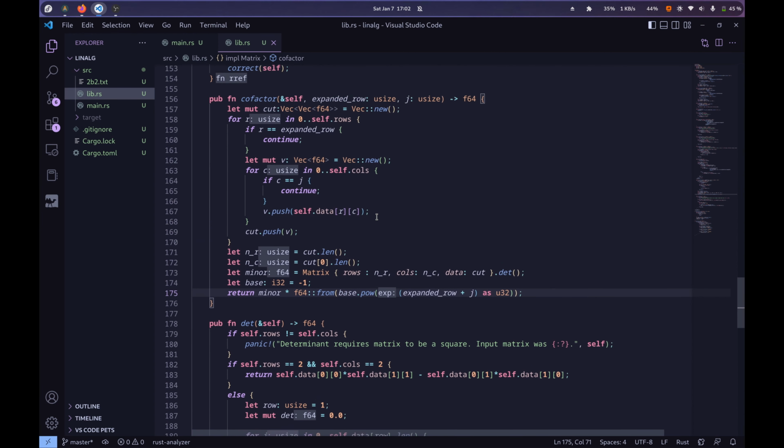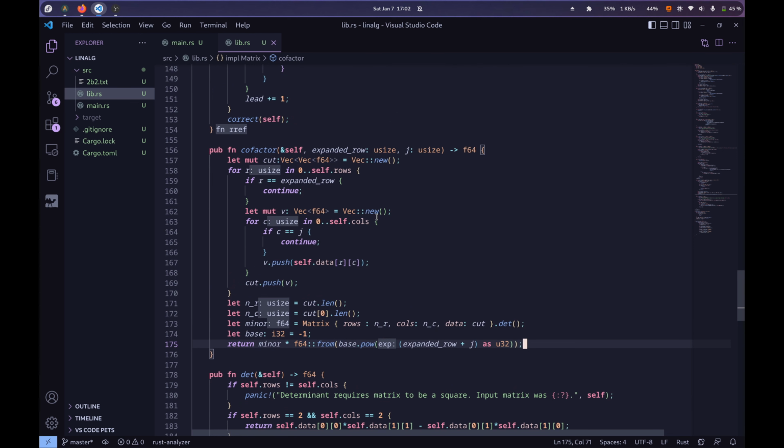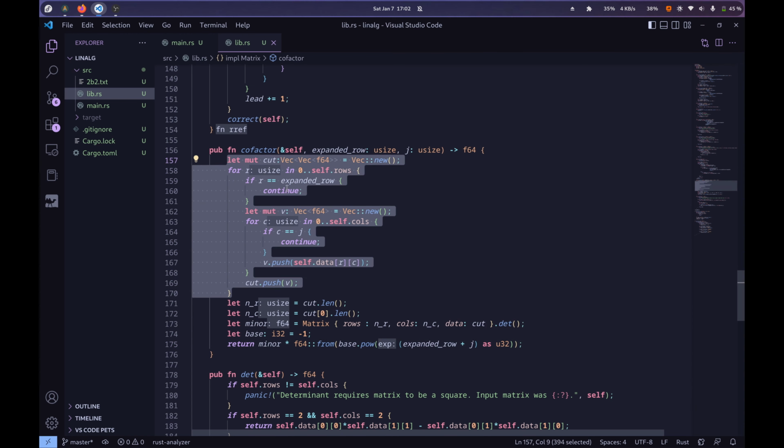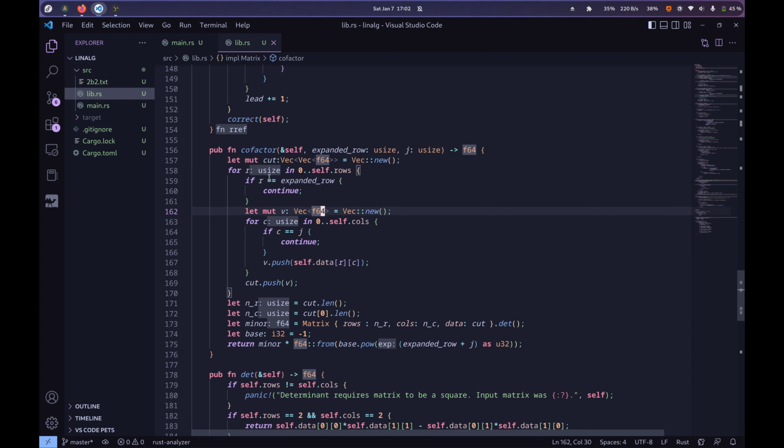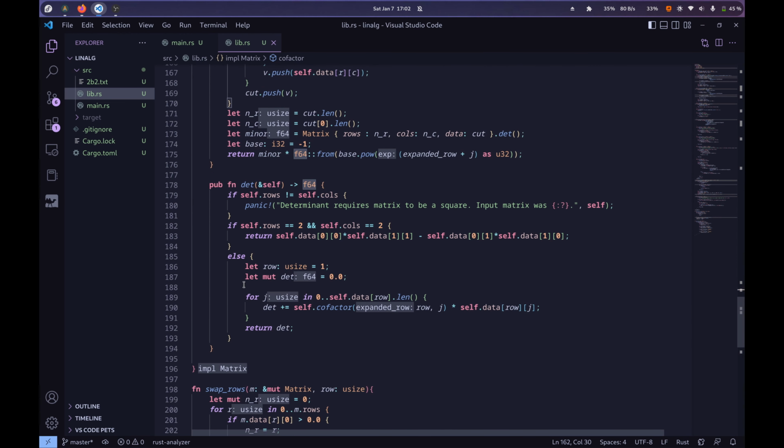Okay, so here is the cofactor function, and it's exactly like I said. This section over here is making the smaller matrix by eliminating the expanded row and the column that we want. So here, I'm iterating through each column on the row I want to expand upon. So like I said, I'm expanding upon row 1, technically row 0, right? Remember? I mean, not row 0, row 2, because it's 0 indexed. So we expand upon the second row, and then